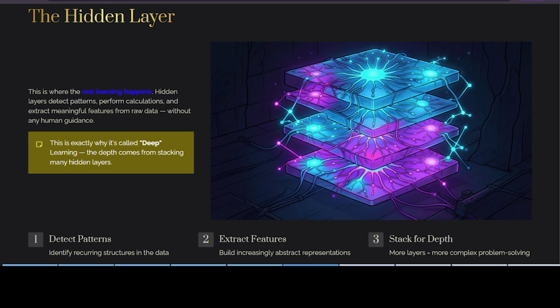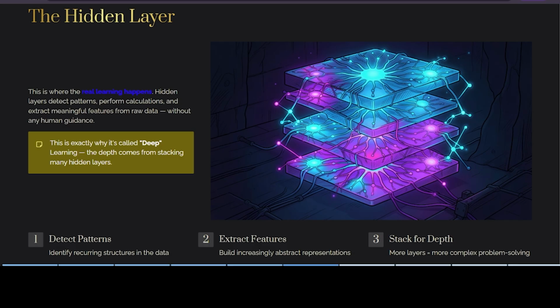In the deeper layers, it combines those shapes to recognize complex features. That means it will combine the eyes, ears, nose, and mouth, and then combine all of these to find that particular image. So this is how the hidden layer works. It also contains some activation functions that allow the network to learn complex data.